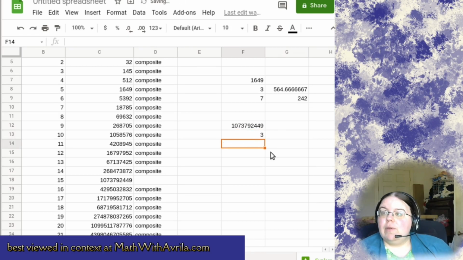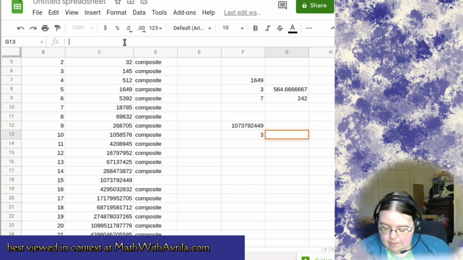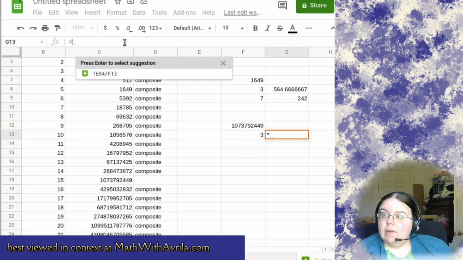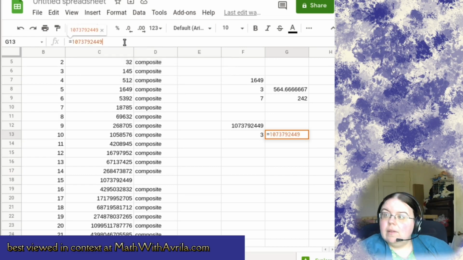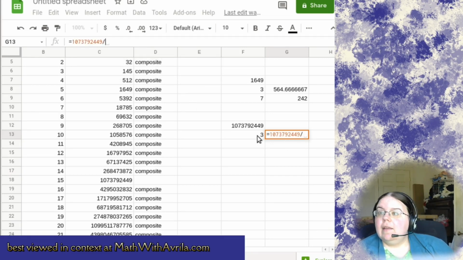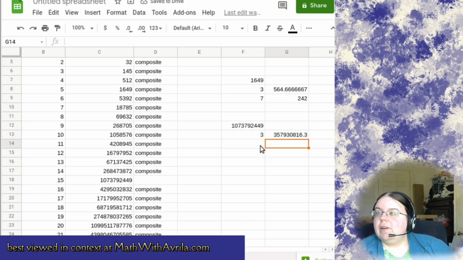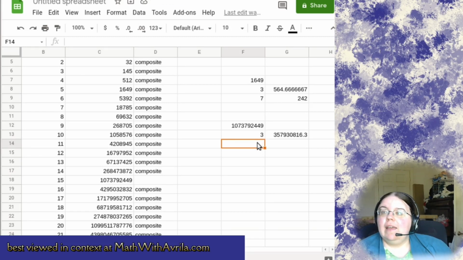So if we try 3, so we're going to see what happens if we take that number and divide by 3. Okay, decimal doesn't work. Again, we already know 5 won't work because that was a very easy divisibility check to apply. We can try 7,